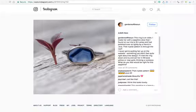Yeah, she's asking, what would you feel would be right for this sapphire? And she asks for that feedback. And what kind of other products would you like to see? Last night I was going through her feed, and I probably looked at 15, 20 posts and just read through